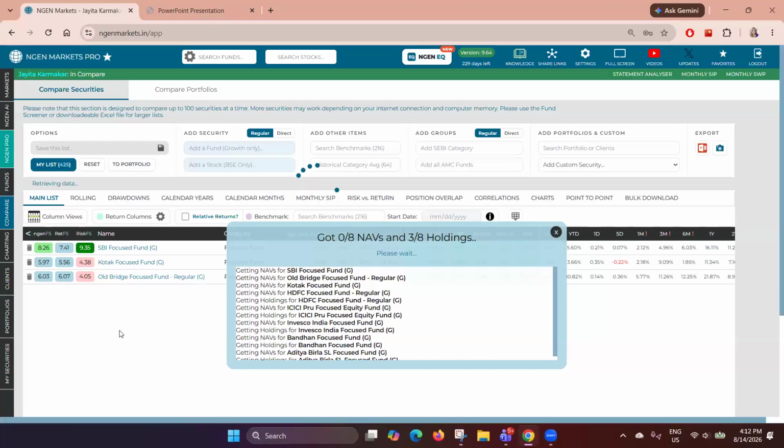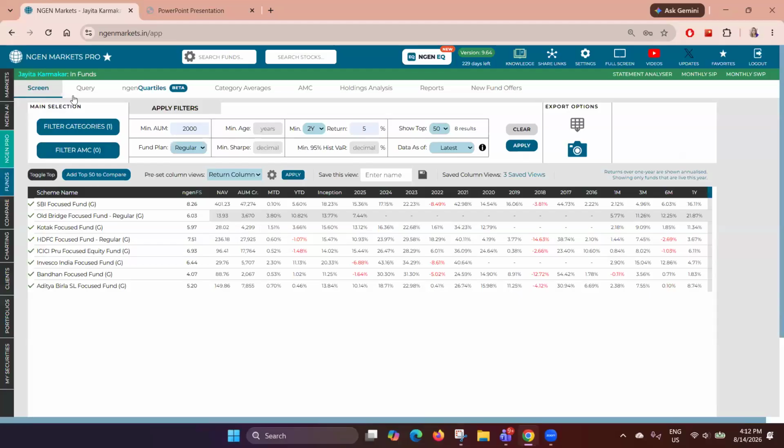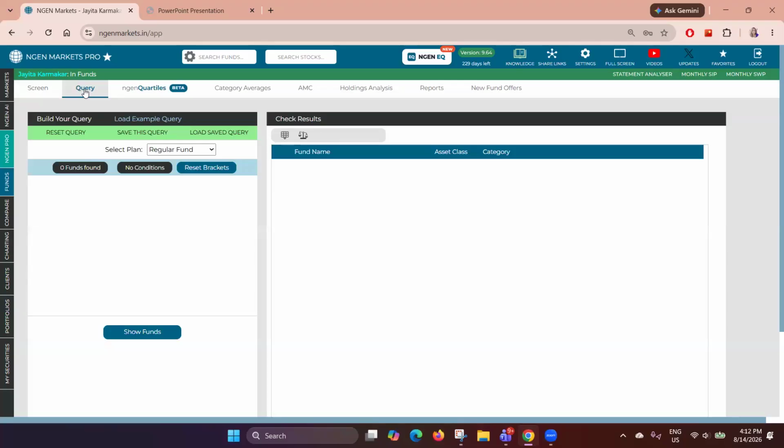Now the third way to load SEBI category schemes is using the funds query tab. So we have this query tab next to the screen tab. This query tab is an advanced version of the screen tab. So you can,